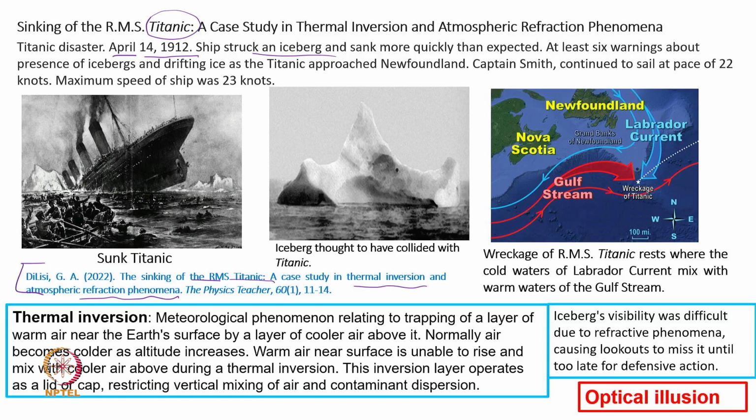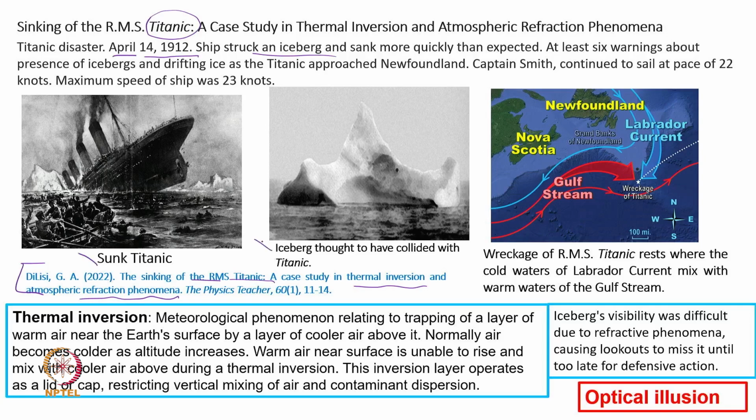Another point that has come up is that it sank much faster compared to what was expected. Any time a breakage happens, it will take some time to really sink. It is not immediate. That means something went wrong, or whatever contingency measures and fail-safe and safety measures were required could not be carried out, and that is why several deaths happened. So, in this paper they have given a figure of the sunk Titanic,